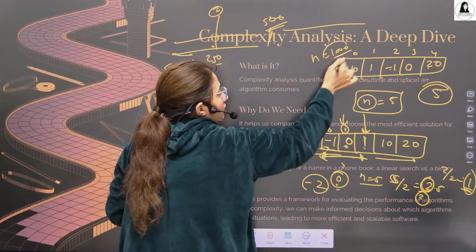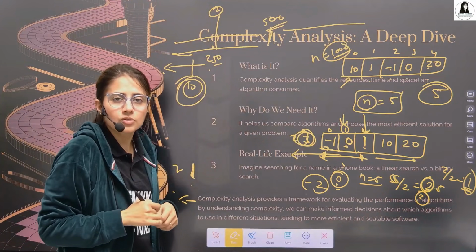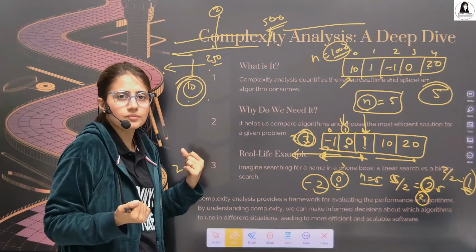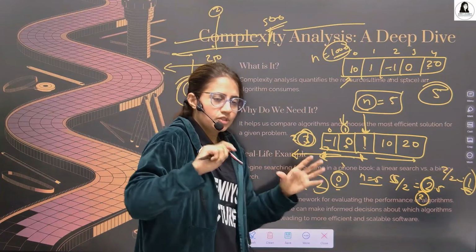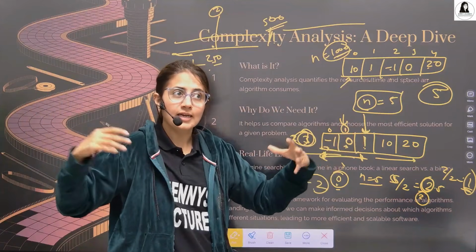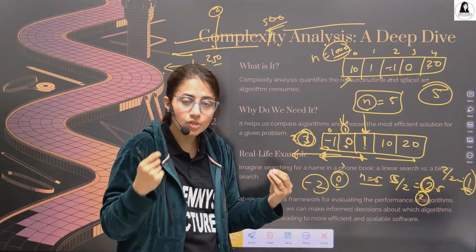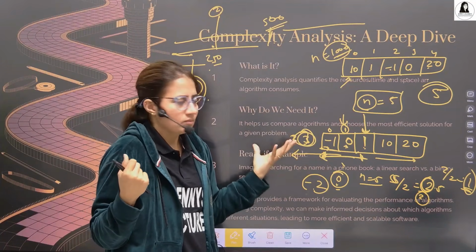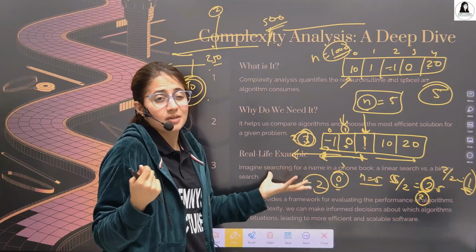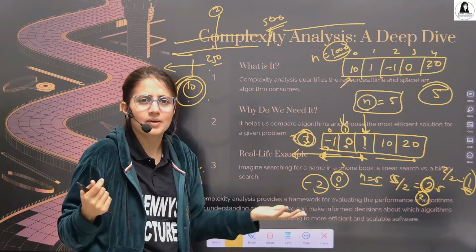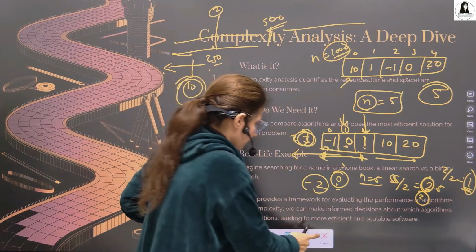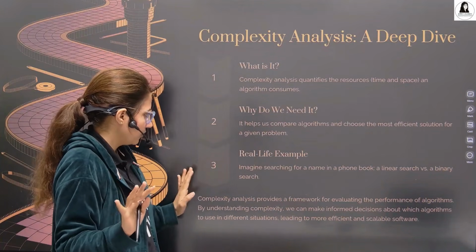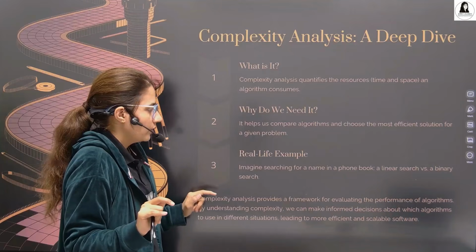So is 1,000 comparisons good or only 10 comparisons good? Which one is good? When the data is large, obviously binary search, this approach is good. That's why I'm saying we generally take a larger amount of data. We analyze those algorithms based on larger amounts of data, based on scalability. Because for a smaller amount, it doesn't matter which algorithm you choose for 5 elements or 10 elements. It doesn't matter. Okay.